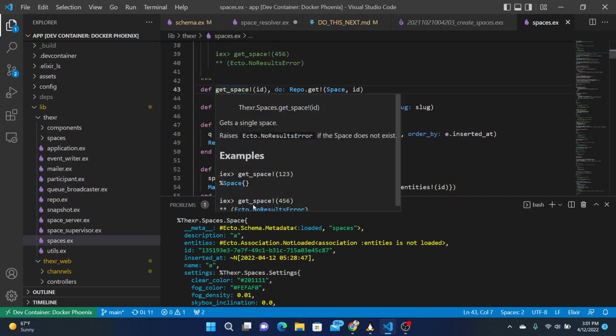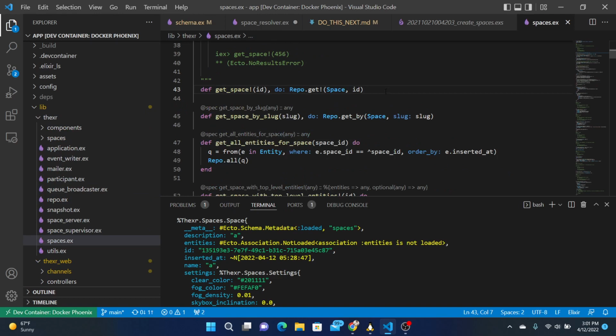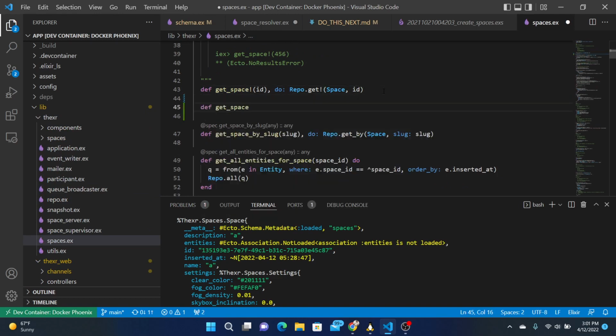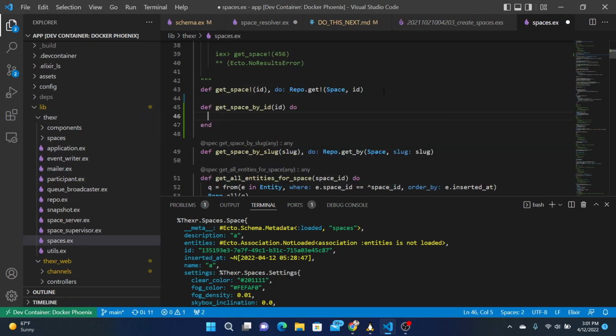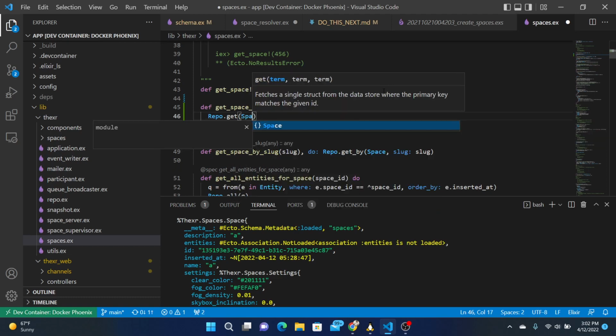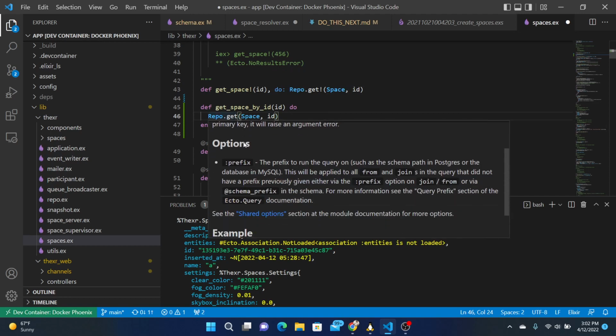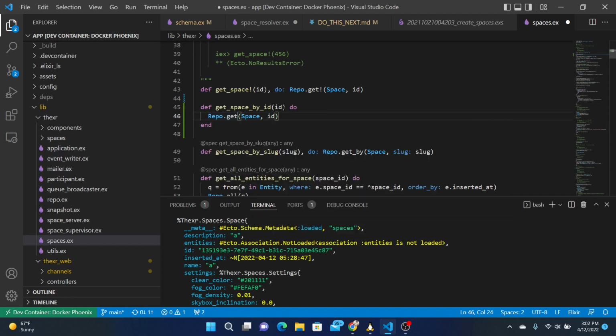Raises an error if you can't get it, so why don't we just do get space by ID. Find get space by ID, and then do crypto.get ID. And this returns either nil or the thing.